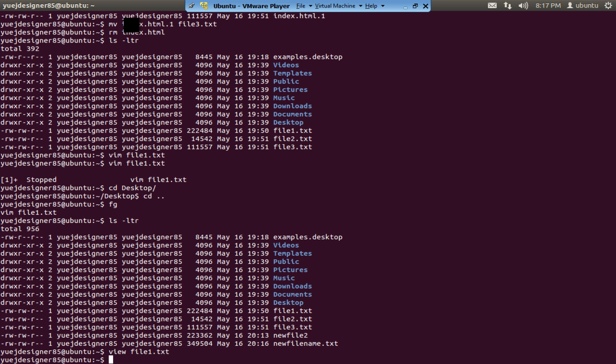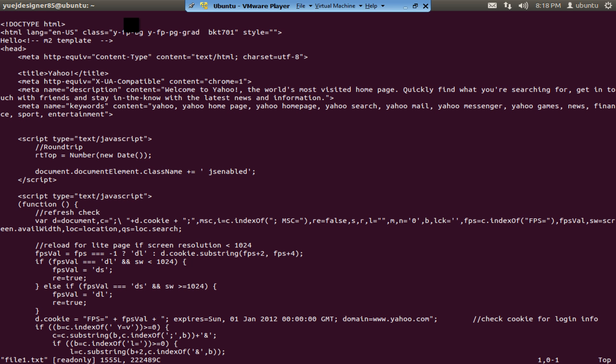Alright, so let's open this file again. Now let's say you're in here, and you need to run a command, a Unix command, not a Vim command. You want to see what other files are in the current directory. What you can do is a colon, exclamation mark, and then ls -ltr or any kind of Unix command. The exclamation mark means it's a command. So if you press that,